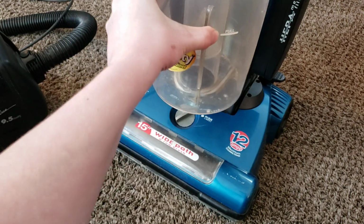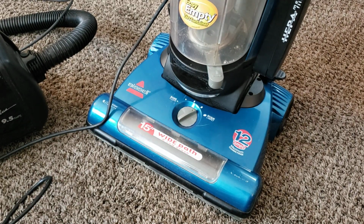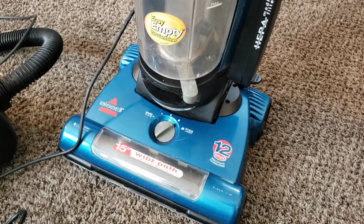So put the bin back in, just like that, and twist this into the position where it says lock, and you do the opposite to let go of the dirt bin in order to actually empty it. And you want to empty it once it gets to this full line, or really just do it every time you vacuum,